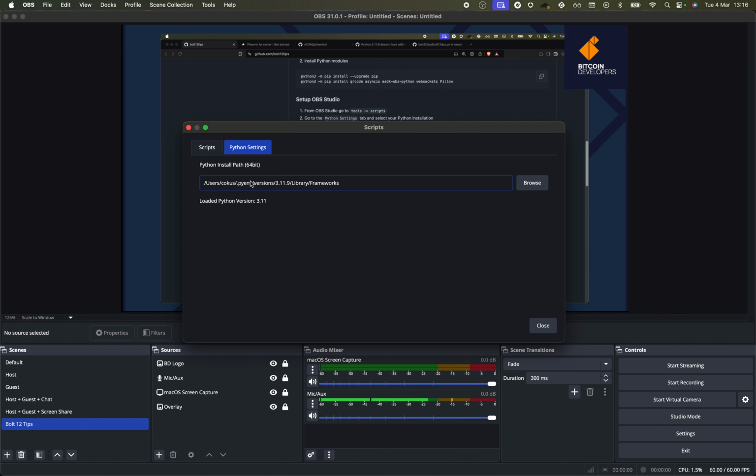your Python installation path. I had a few issues doing this on my Mac. I had to install PyEnv and point to the framework directory there. So here is where my frameworks directory is. It's under PyEnv versions 3.11.9 library framework. So you might have to play around a little bit to find the right path there. But you point OBS to your Python installation,